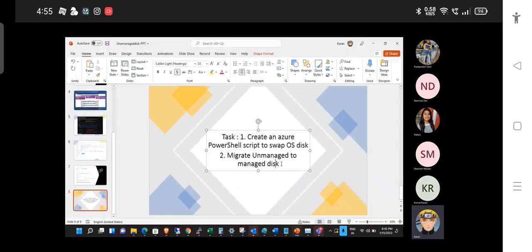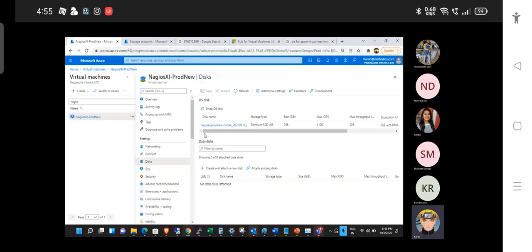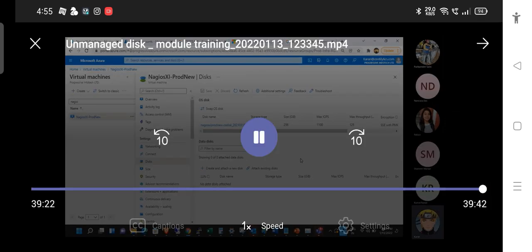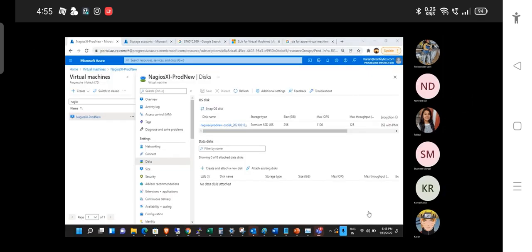दूसरा मेरा टास्क है माइग्रेट अनमैनेज्ड डिस्क टू मैनेज्ड डिस्क. मेरी अनमैनेज्ड डिस्क को मैनेज्ड डिस्क में कैसे माइग्रेट करते हैं वो तुम्हें करना है, ठीक है? ठीक है गाइज़।